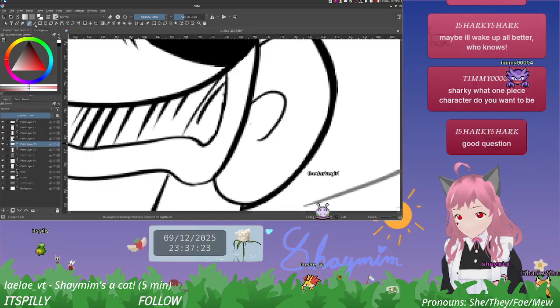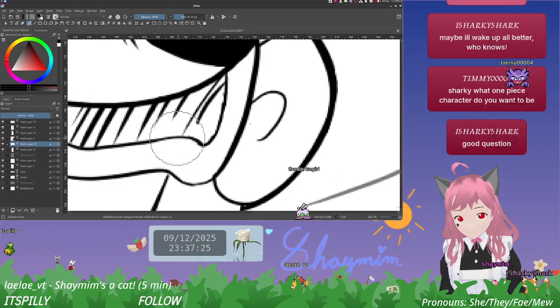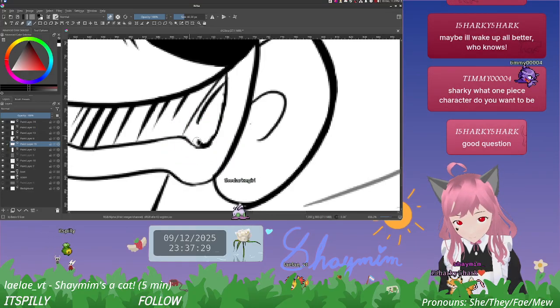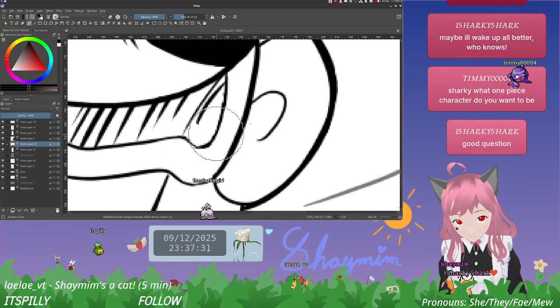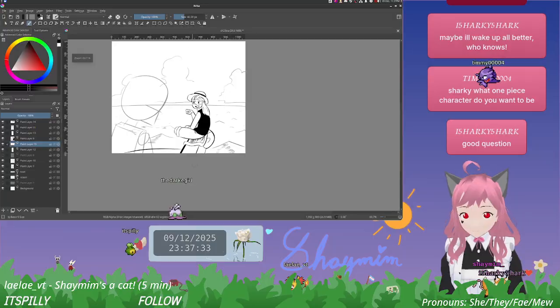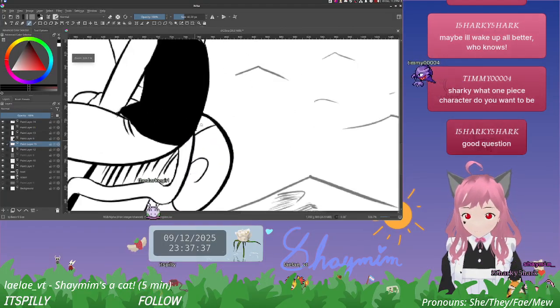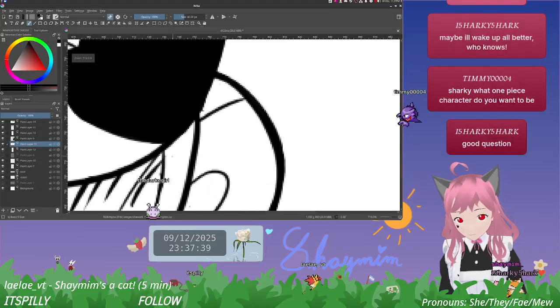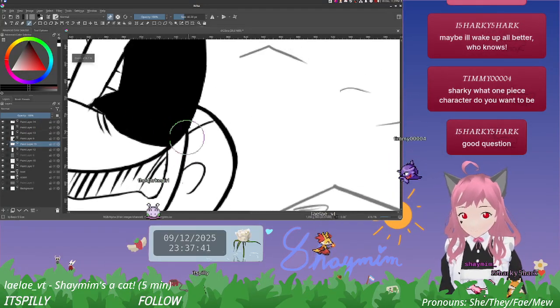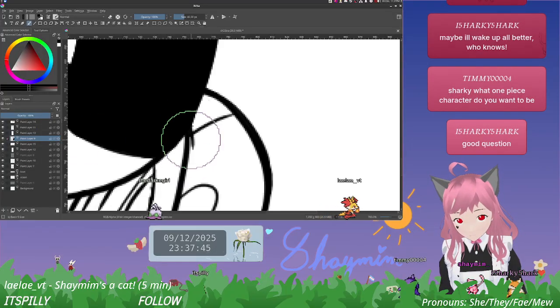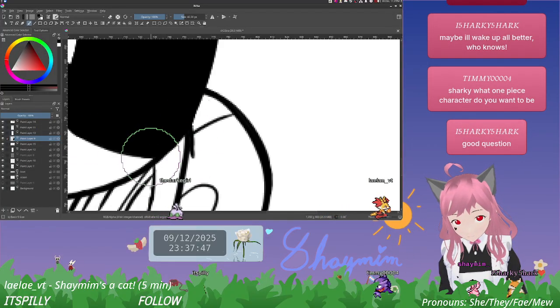I probably want to like that instead. Except I don't like the way it's divided there. This shirt should actually be going over it, shouldn't it?